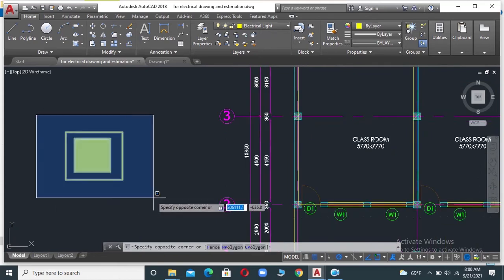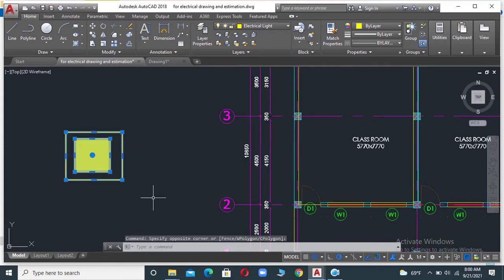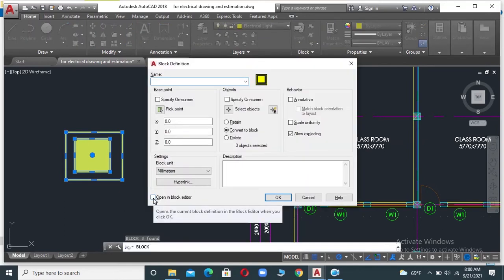Okay, so let's make it a block also. So B, give the name of its block. So suppose it is 10 watt LED square rectangular light, or we can say panel light, surface type.